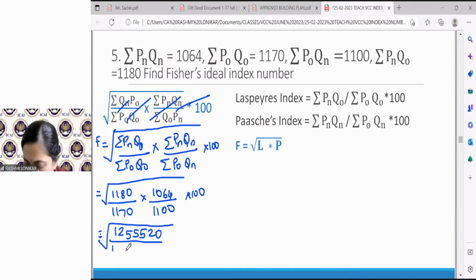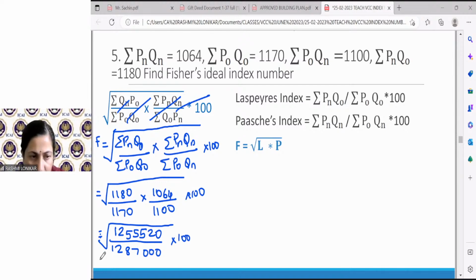That is 1287000. 1180 into 1064 is 1255520. And then divide this by 1287000. Gives you,